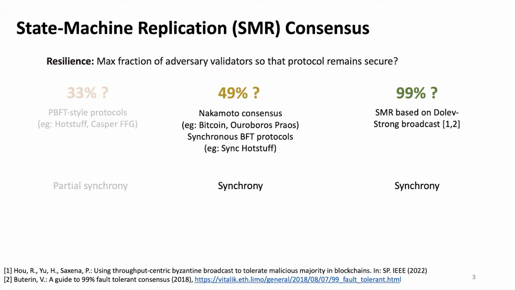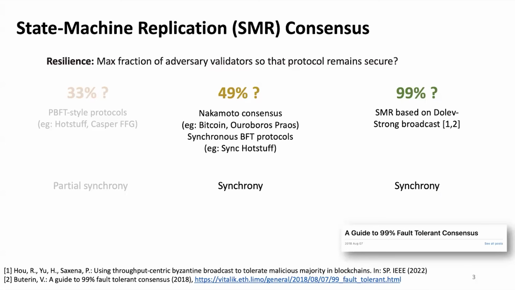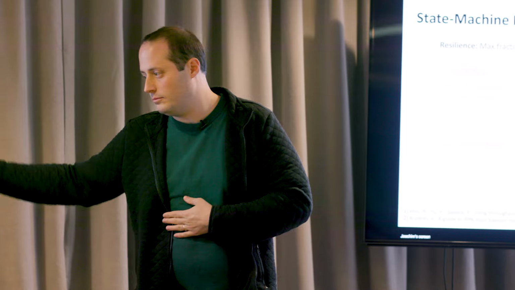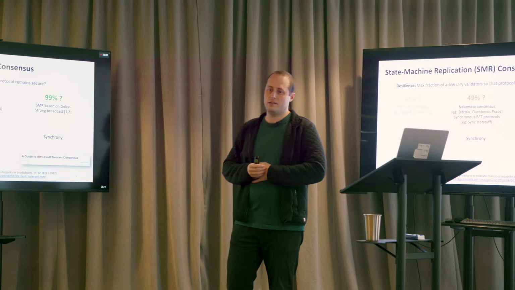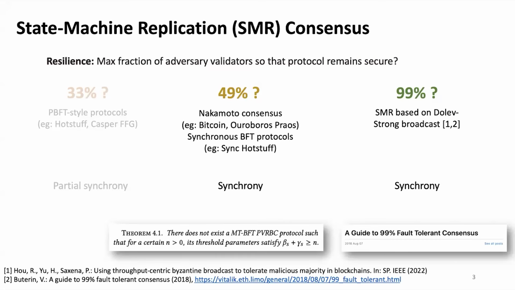But even for the third column, you'll find that the assumption they state is all we need is synchrony. On the one hand, we have this blog post, for example, from Vitalik, but there are also other recent works, even in S&P, for example, that describe these blockchain protocols under malicious majority. And on the other hand, this I took from one of Link's papers: there are impossibility proofs saying actually you can't operate beyond an honest majority.